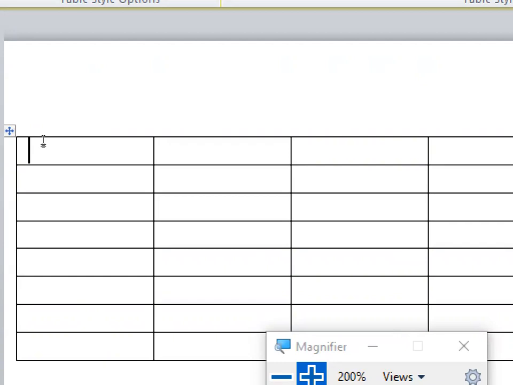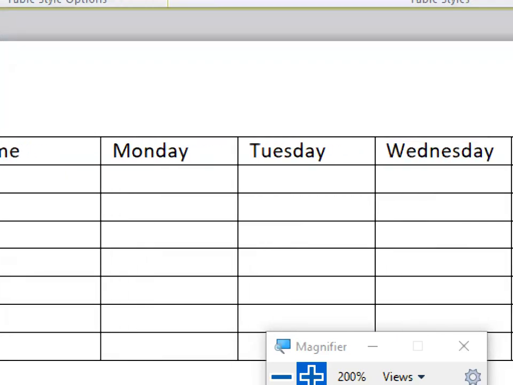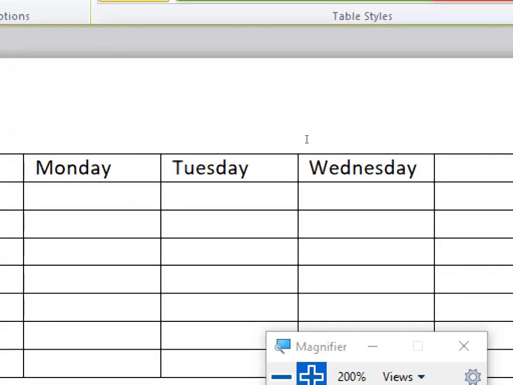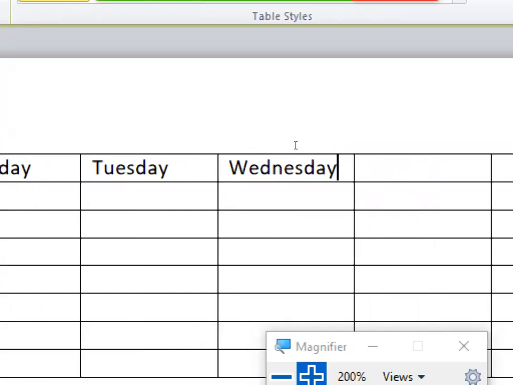So suppose here I will write time, and here I will say Monday, Tuesday, and so on I'm going to write. But assume that by mistake, instead of writing Thursday, I've written Friday. Now I want to include a column between Wednesday and Friday.